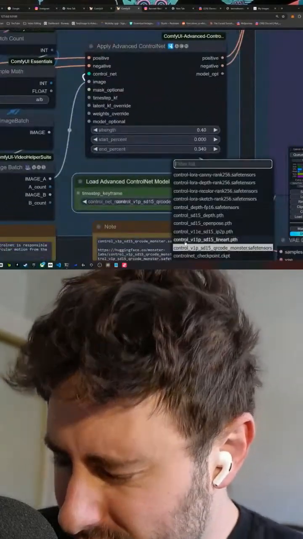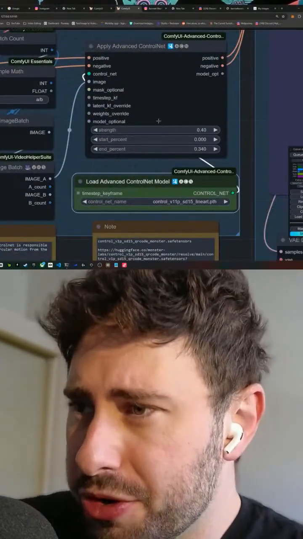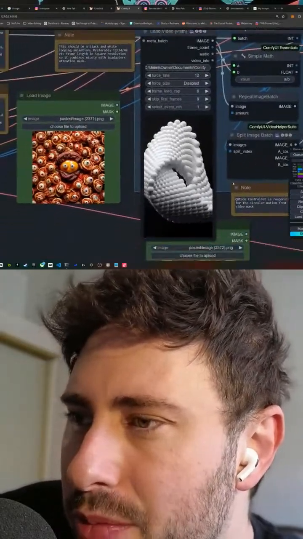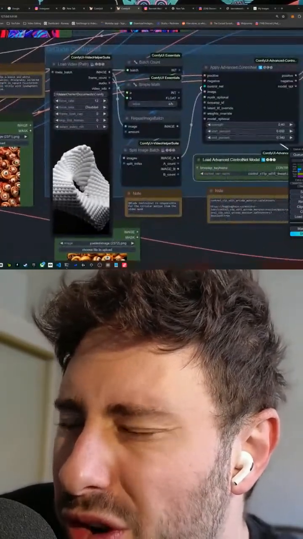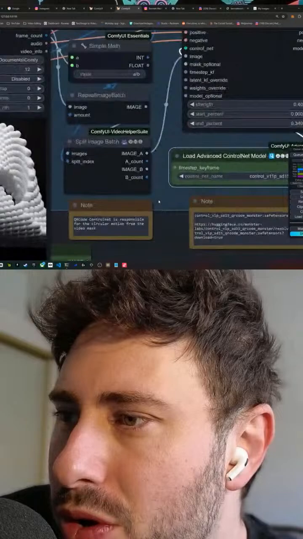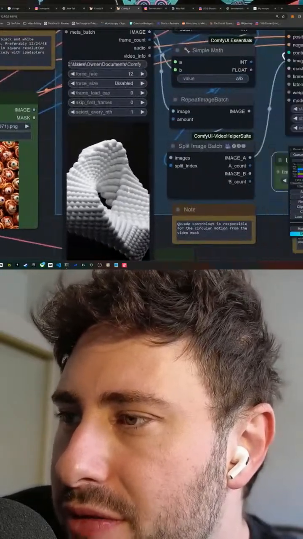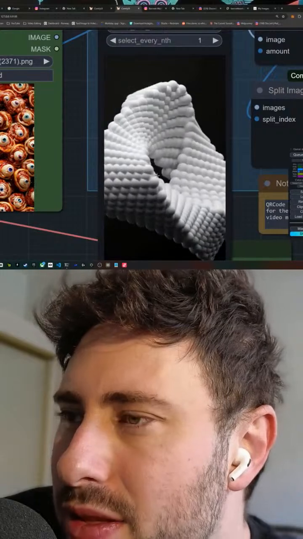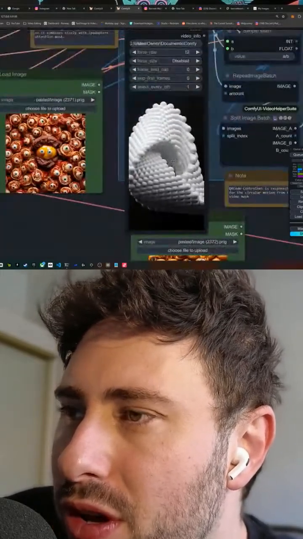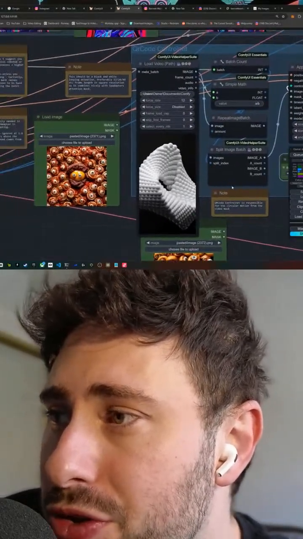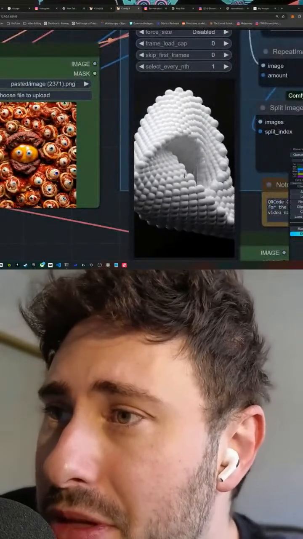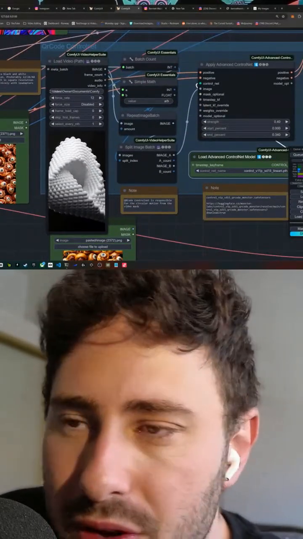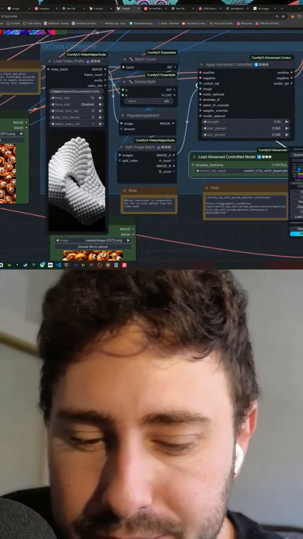And to do that, I'm first going to select the line art control net. A control net is basically the model that will analyze your video for you, and based on the model you choose, it will emphasize different features of it. Line art, for example, will extract the line edges of whatever you're looking at. There's also a depth map control net, which will extract the depth essentially, and results can vary depending on the type of video you're using, so definitely play around with it.